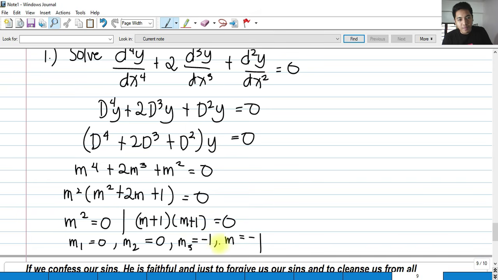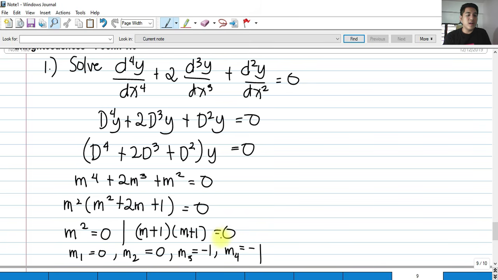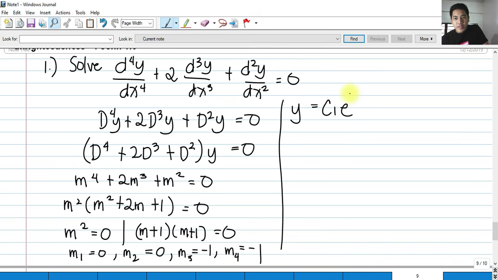This should be m sub 3, m sub 4. Okay, so if we're going to write that to our general solution, what will happen is that we'll be having y equals c sub 1. Okay, first we have the two repeating roots. The first c sub 1 should not have any x, but it is multiplied by e raised to 0 times x. Plus, again, it repeats. The other 0 repeats. So, we must continue